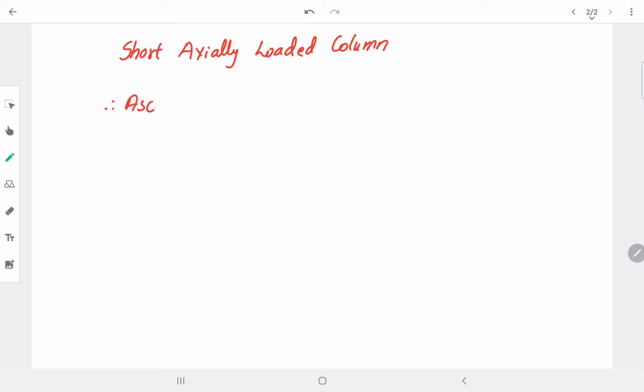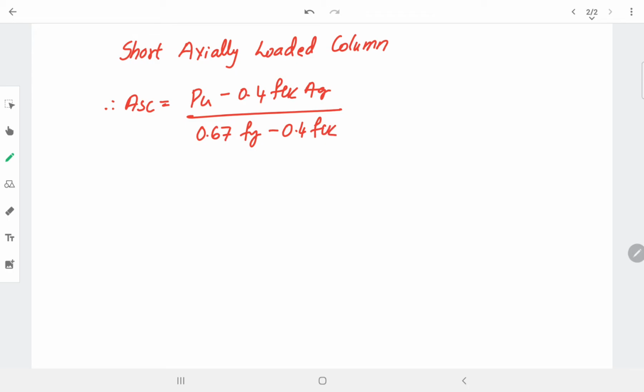So the value of Asc will be equal to Pu minus 0.4 fck Ag divided by 0.67 fy minus 0.4 fck.